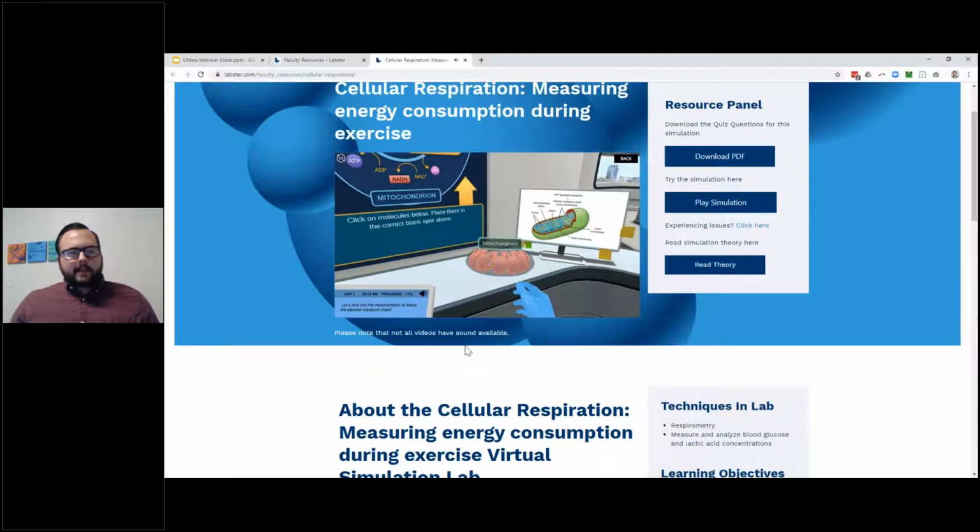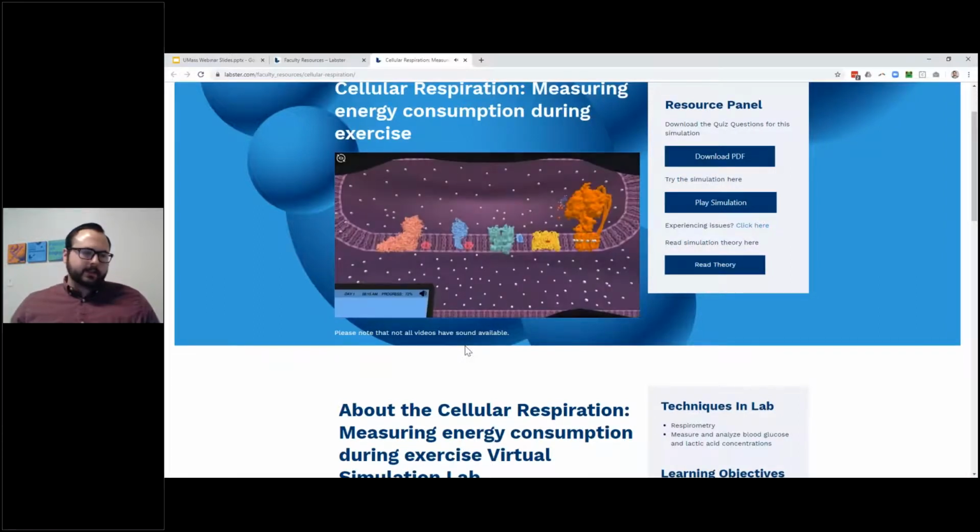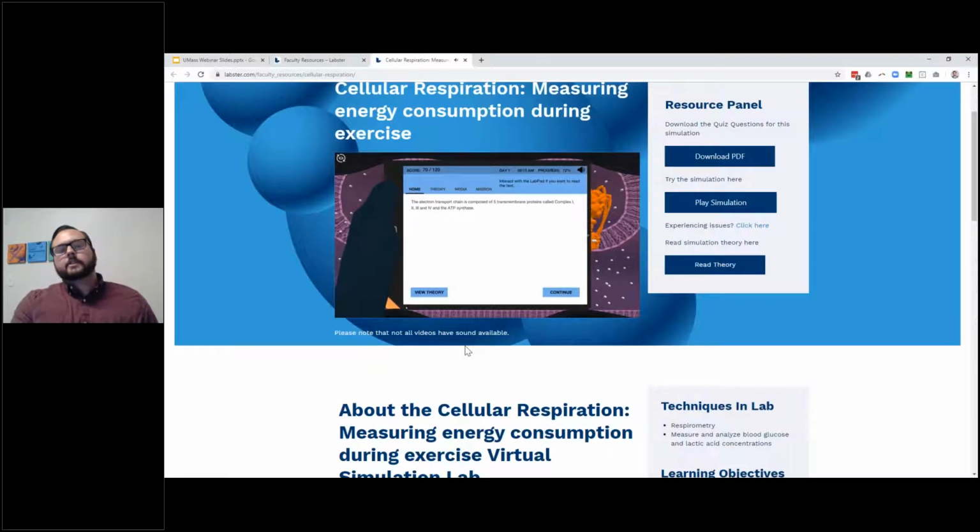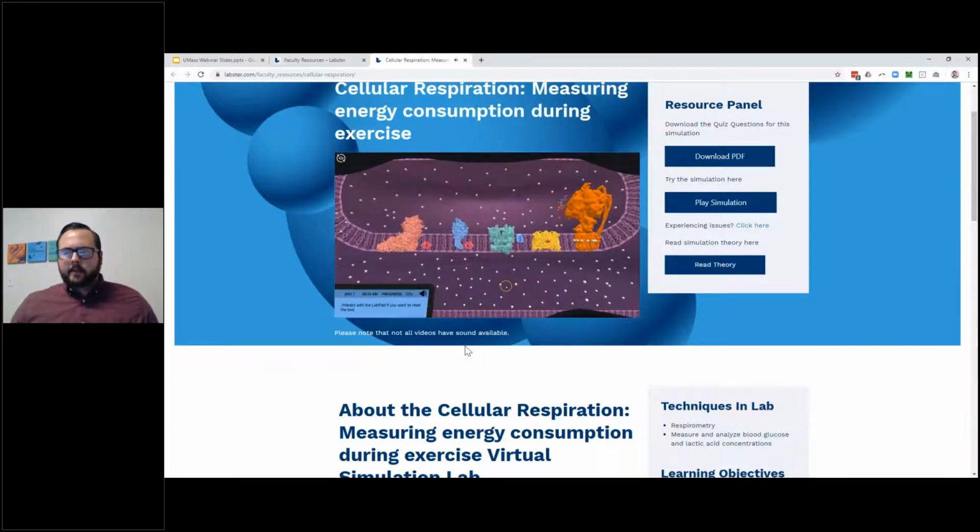A good example of that in the cellular respiration lab is looking inside the mitochondrion at an actual visual of the electron transport chain. The students are actually going to be teleported inside. It's going to look just like this, and they're going to be able to watch this animation. Again, it's connecting the dots for the students, so you can see things click. They know this is what happens on the outside, and this is actually what's happening at the cellular level.